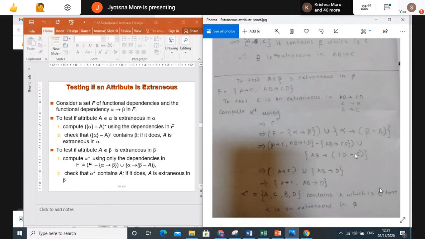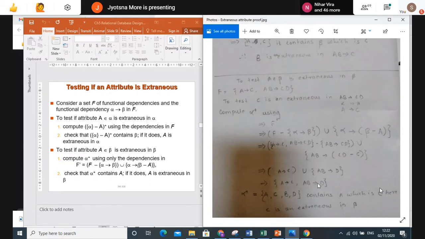Fine. So based on this, I will find out. Now from this, AB determines CD minus AB determines CD, so I will get this removed. So I will have here A determines C, union. From this AB determines, C is removed. CD minus C: remove the C, I am getting D. So this is what I got. Union of these two, I am getting the same which I was having. Only I have removed the C, which is not present over here now in this case.